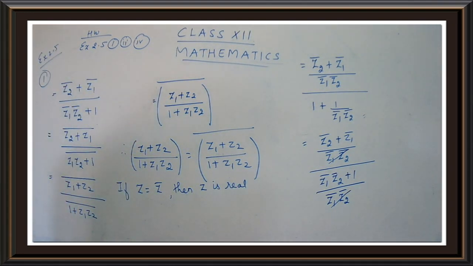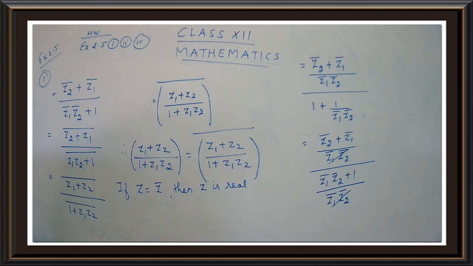Just come to the page, where is it, property? Yeah. Take down the properties, children. Yeah, it is page number 61. So we have written the condition there. You can see in page 61, the eighth point. Z is real if Z is equal to Z bar. If and only if Z is equal to Z bar. Yes, children. So Z is equal to Z bar.